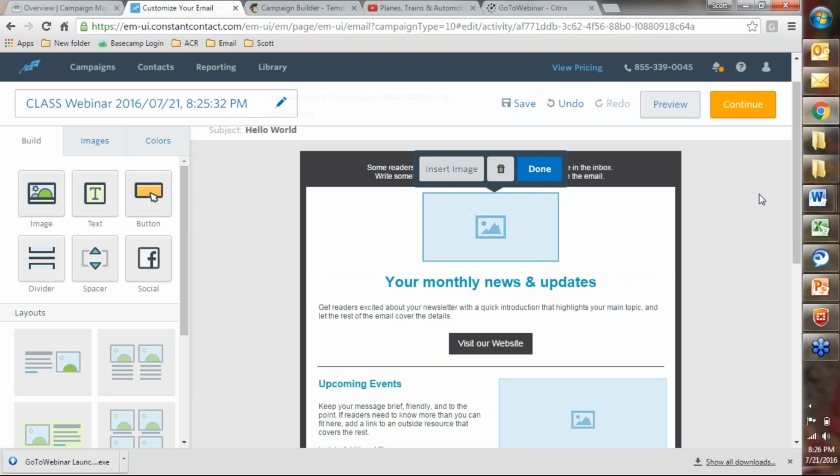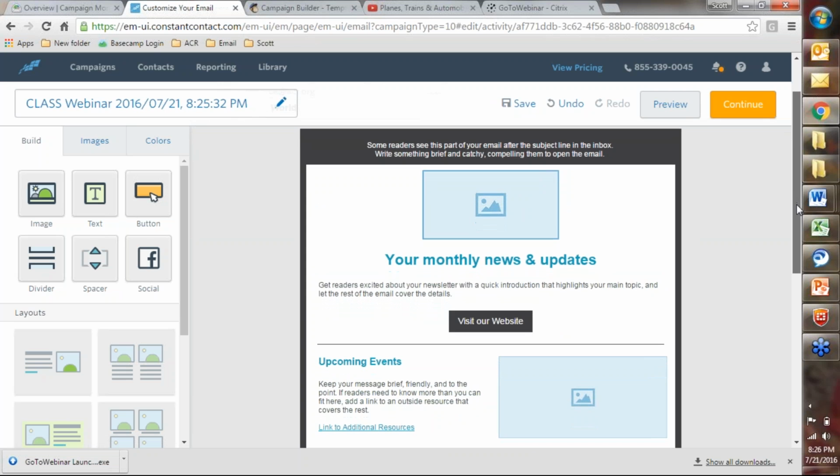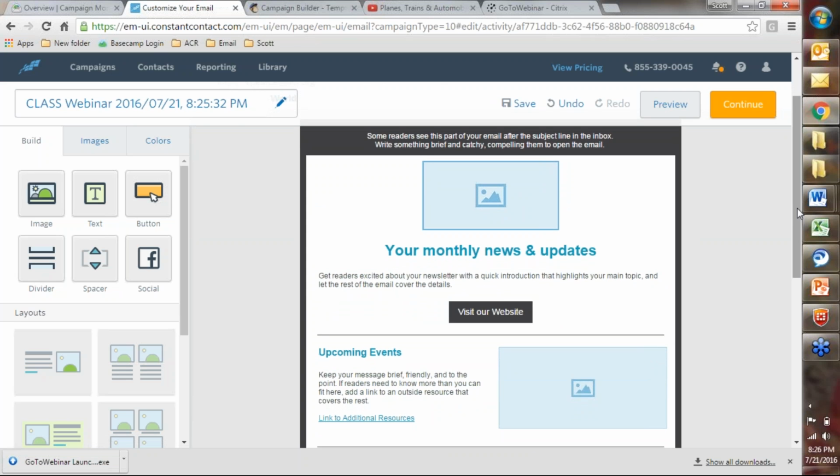What you want to do now as you're looking through these templates and the layouts, it's great to immediately, as quickly as possible, identify who you are at the top of the email. That way you can let your readers know who's getting it, why they're getting it, who they're getting it from. Logo. Yeah, chapter logo would be the best. Yeah, exactly. So right here, I simply highlight it.